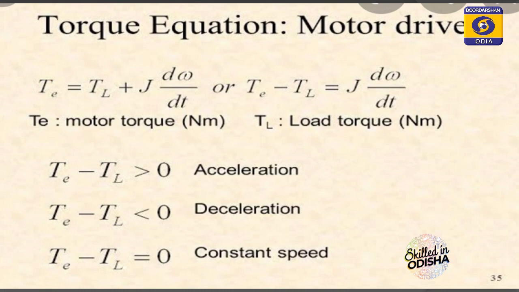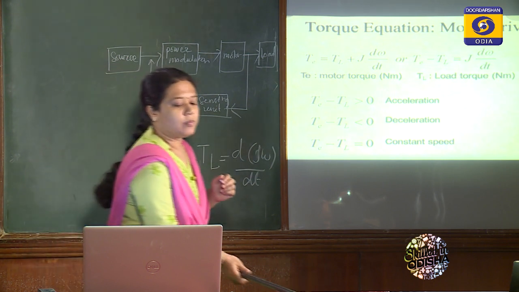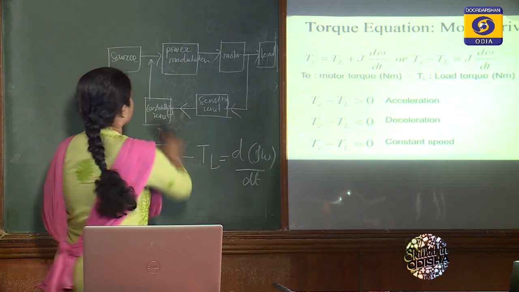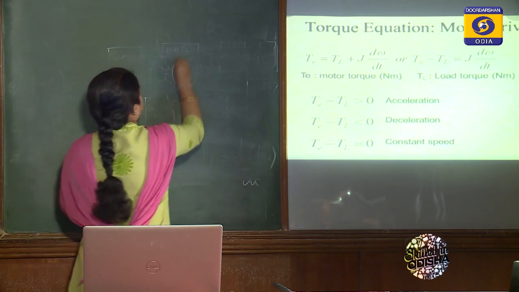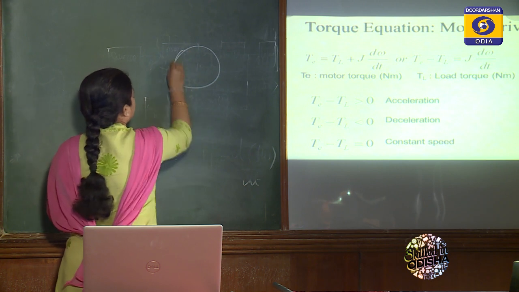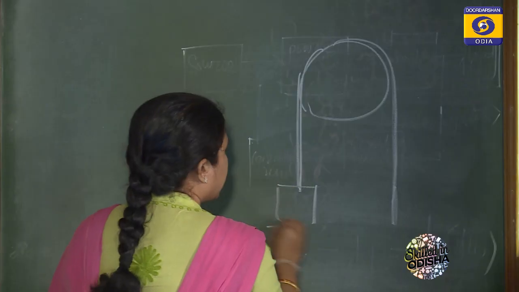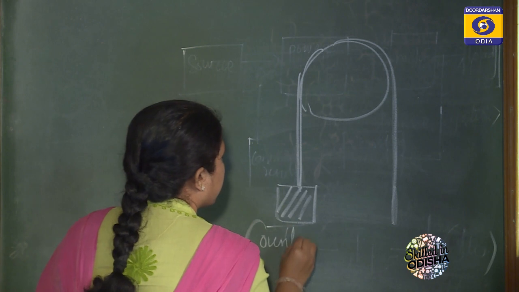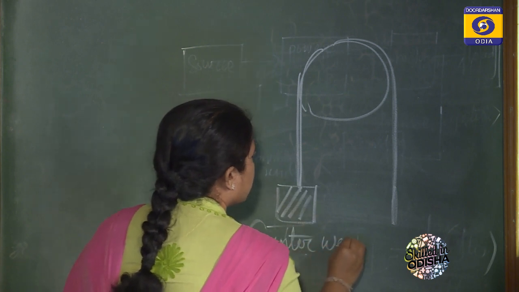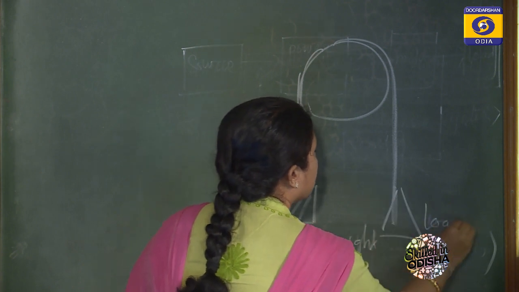Okay. So motor is connected with this load. Suppose we will take one example of pulley. What happens generally in a pulley? Pulley is like this. One pulley will be here, and here one rope will be connected like this. On this side one weight will be given, that is known as counterweight, and here load is given.